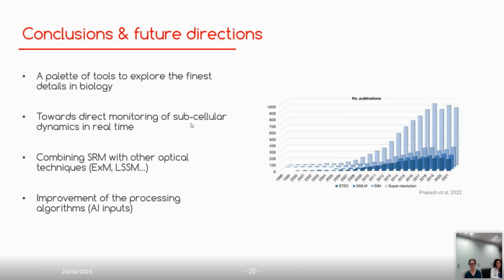And in the future, they are trying to combine super resolution microscopy with other optical techniques like expansion microscopy or light sheet to give access to finer detail, or to go deeper into the sample, to make the work of biologists easier and have the nicest study possible. And on the computational side, great improvements of the processing algorithms are to be expected in the future, thanks to the inputs of the artificial intelligence that we are currently living now. With this short webinar,